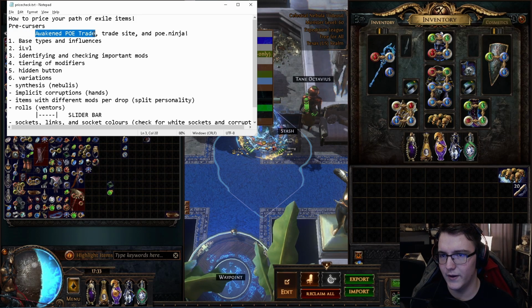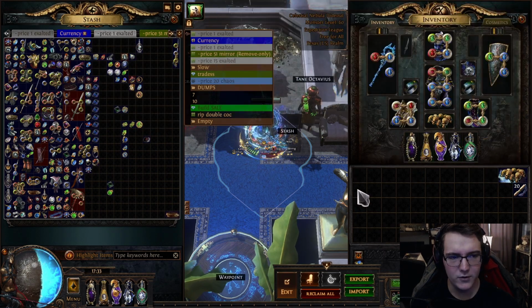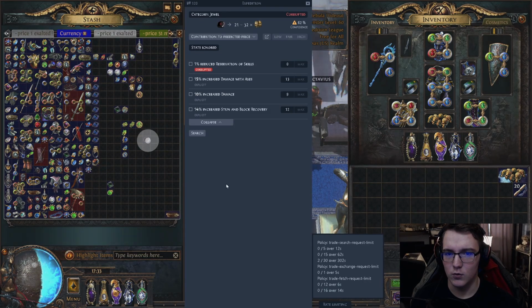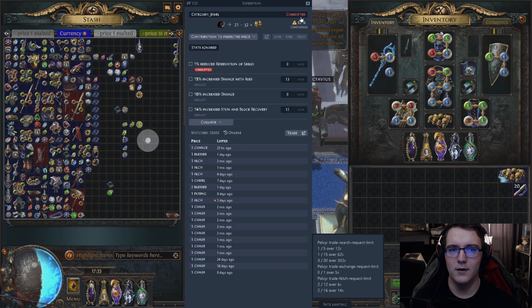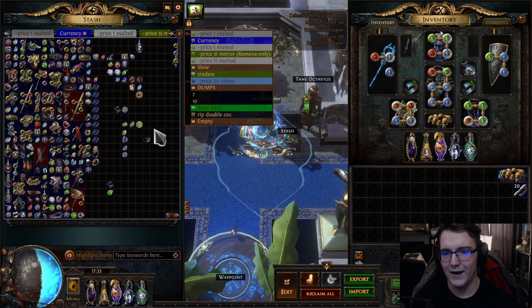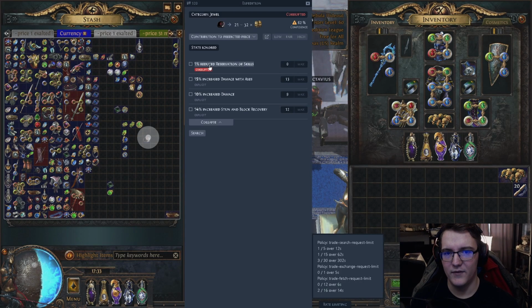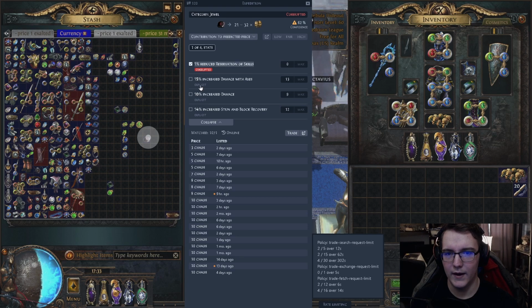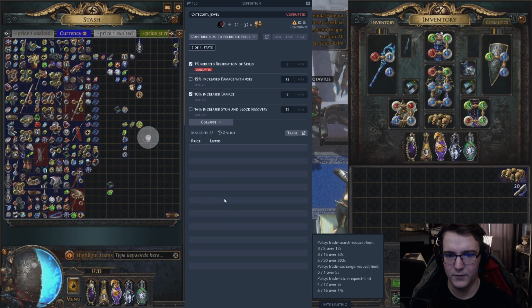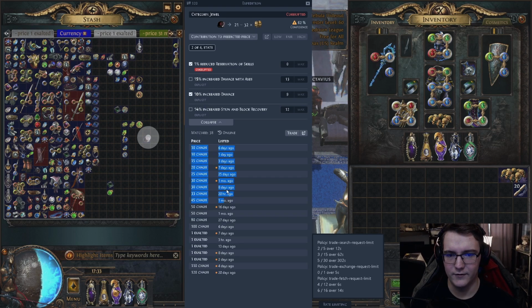So you want to make sure that you have Awakened PoE Trade. It basically lets you price check any item. So if you hit Control D, it brings up the item, whether or not it's corrupted, and then the actual stats that you can check. So right now it's only checking for Jewel, but if I click this, it'll bring up a different thing. If I click this, it'll bring up a different thing for all the listings that are similar to this,